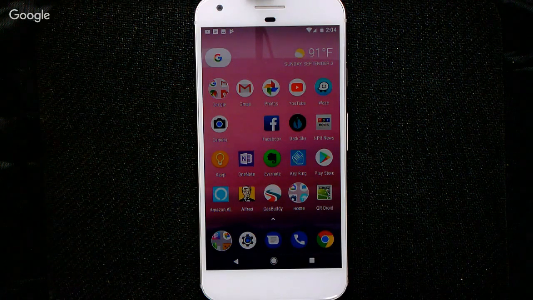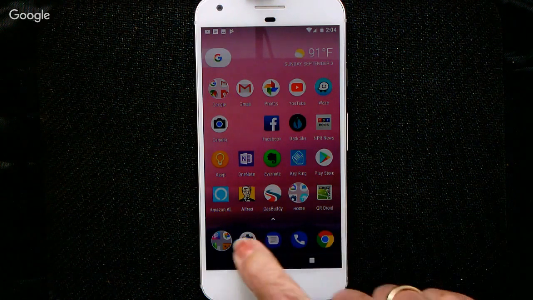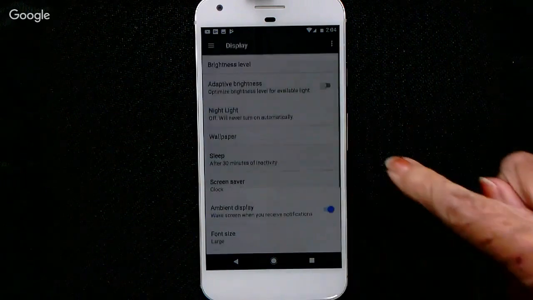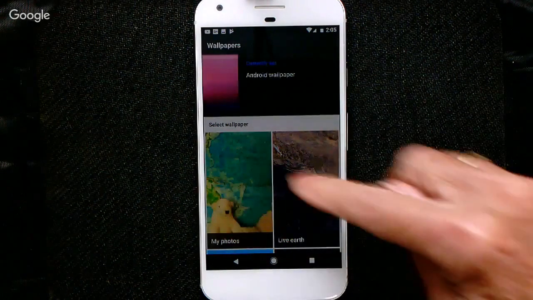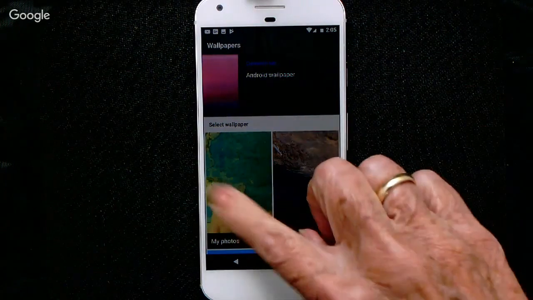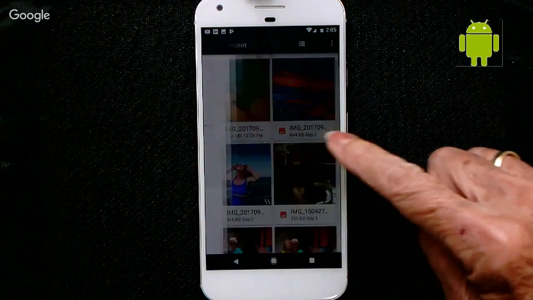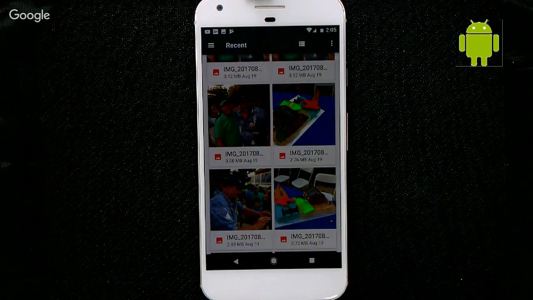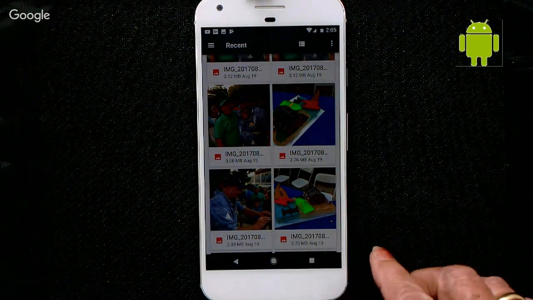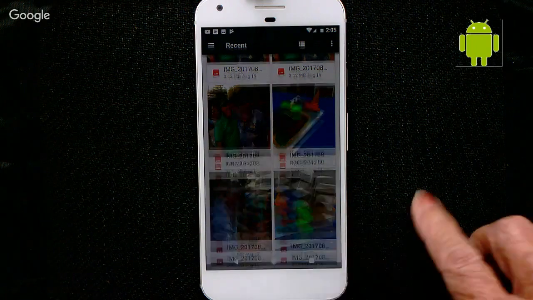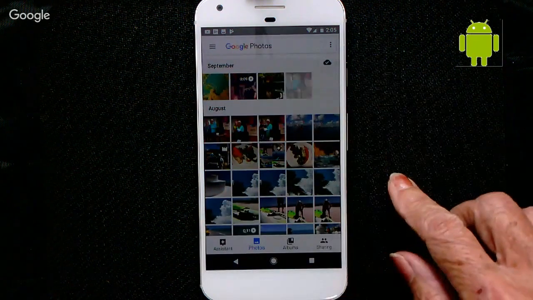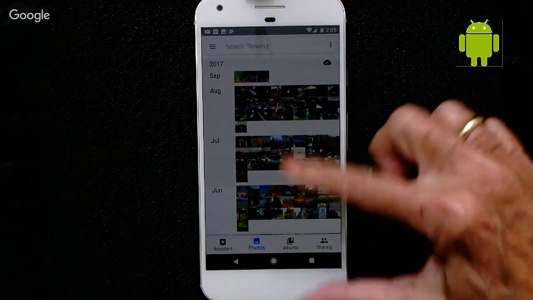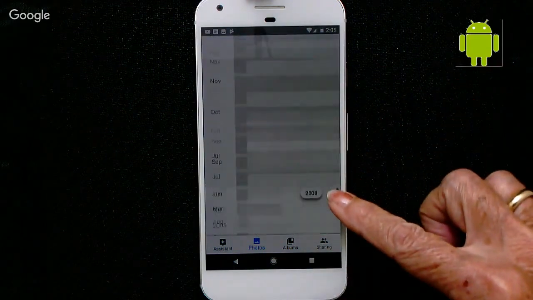So on Android phone, I would go to settings to set the wallpaper, and it's underneath display in the settings, and then wallpaper. But once again, it defaults to the photos that are just on this device. And he has a lot of them, but I want to go back to an air show photo from May of 2007. I know that it's in his Google Photos. So we go to Google Photos. I pinch the screen so that I see the year and month. And then I go back to 2007